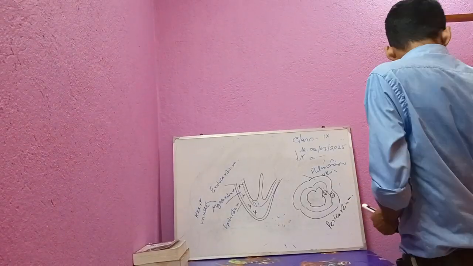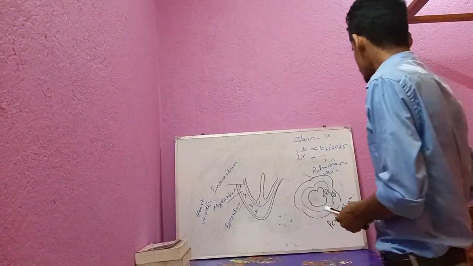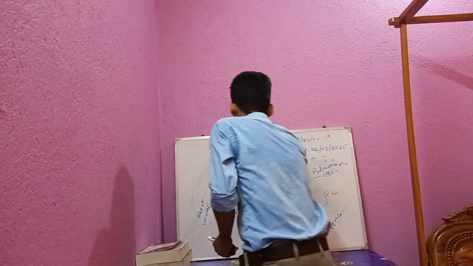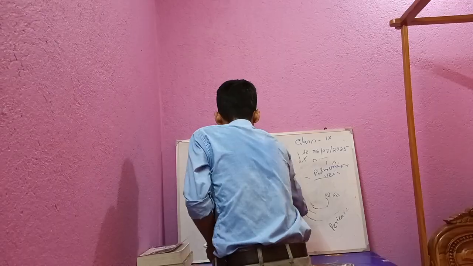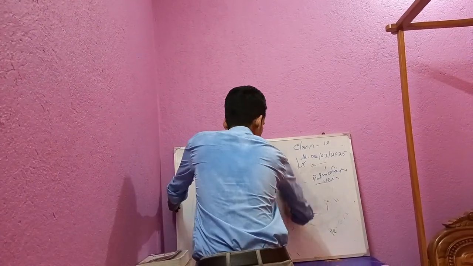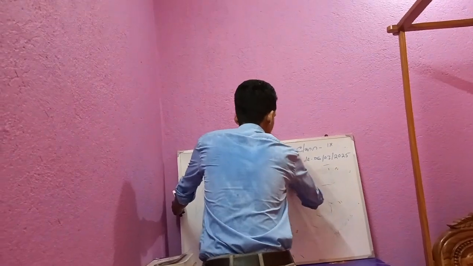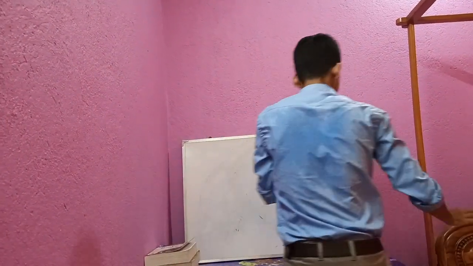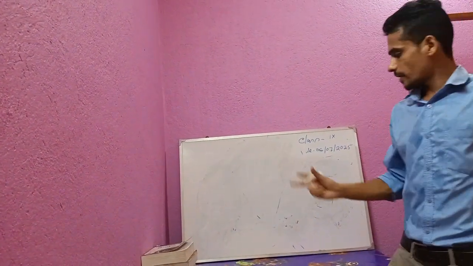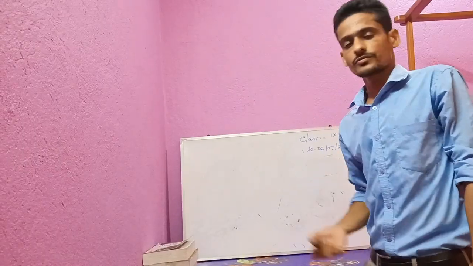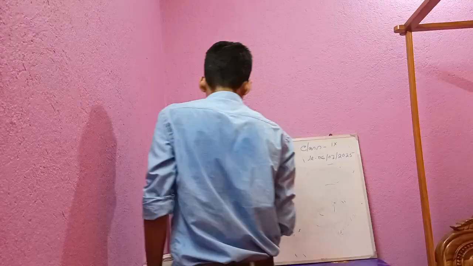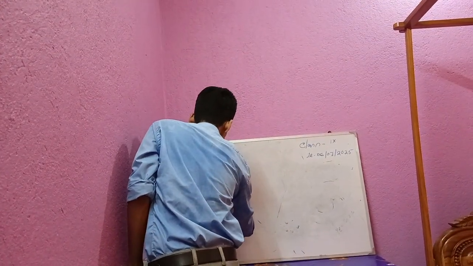Okay, now if we see blood vessels in our body, three types of blood vessels are present. One is artery, another one is vein, and another one is blood capillary. If we draw the figure,